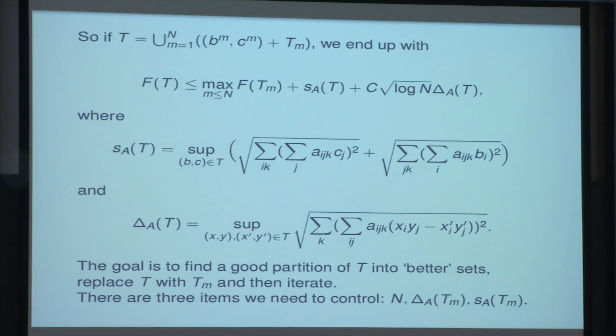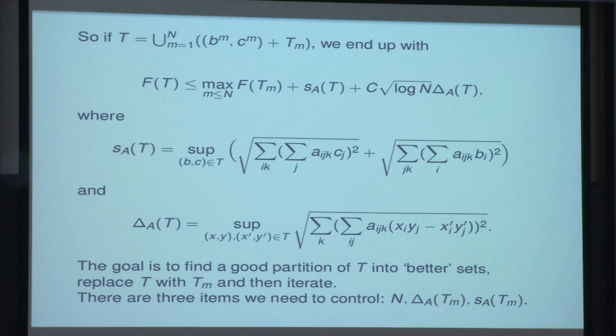So it turns out that if you have such a decomposition, you can replace t by the maximum of the next generation sets plus two quantities related to the original set t. When you are given your set t, these quantities come with it. You cannot do anything about them. They are just given. But you may hope to partition everything in such a way that at the next generation,